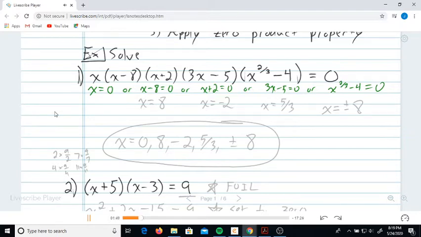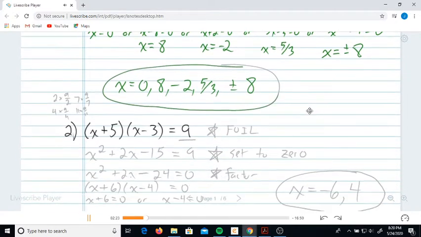So the first one's already solved. The second equation gives us a solution of 8. The third gives us a solution of -2. The fourth gives us a solution of 5/3. And then this last one is a power equation. Notice an even power equation, just like on the first homework assignment, so don't forget the plus or minus. That's going to be 8. So we can see that we get a variety of solutions to this equation. We get 0, 8, -2, 5/3, and then plus or minus 8 as a solution, all by applying that zero